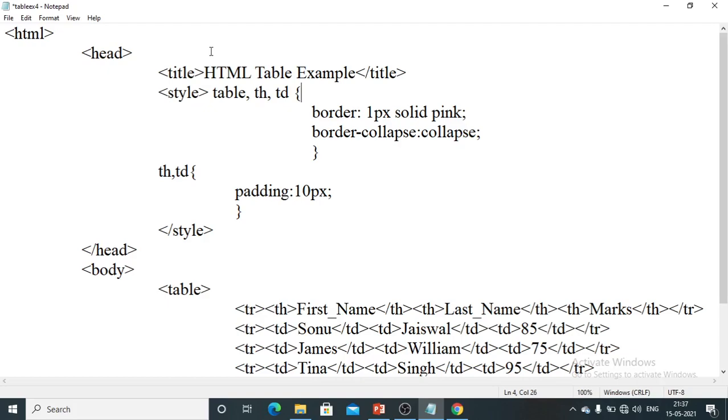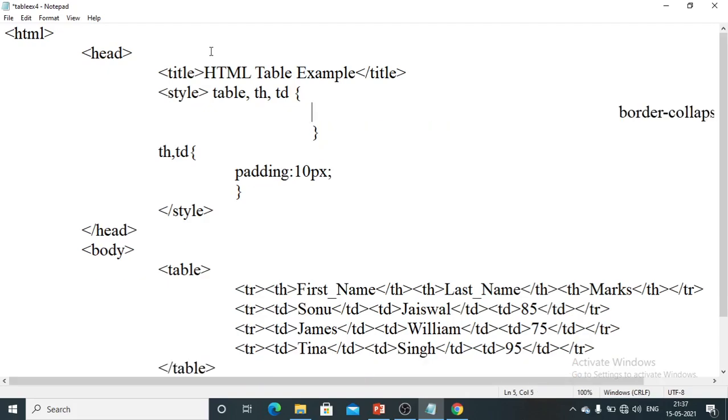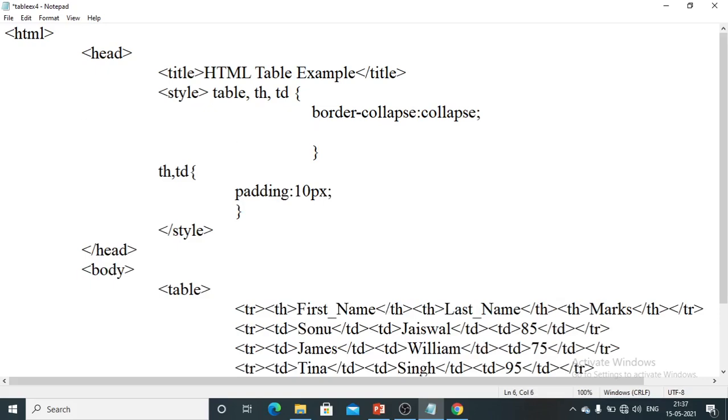I'm going to do some changes. I'm removing this line, and I'm going to collapse, and now I am going to use the width. The width of the table, I will mention it as 100%.